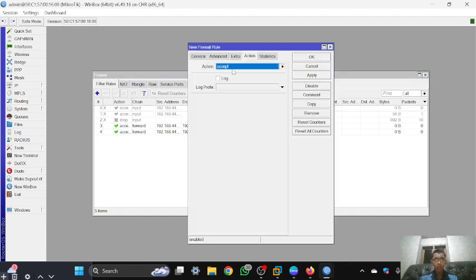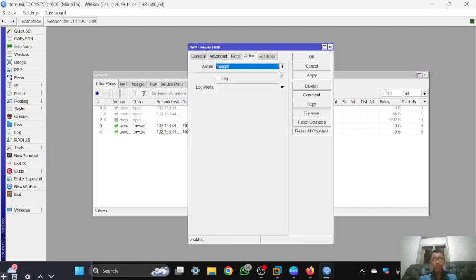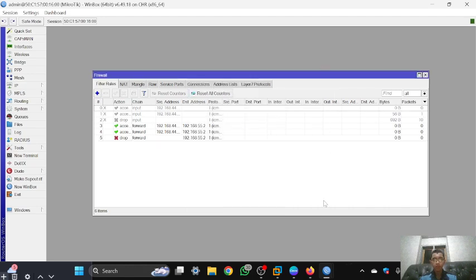You can click add, and then in general, the chain is forward, and the destination address is the IP of the server, and the protocol is ICMP, and the action is drop because I want the rest of the IPs to not be able to ping the server, and you can click apply and OK.